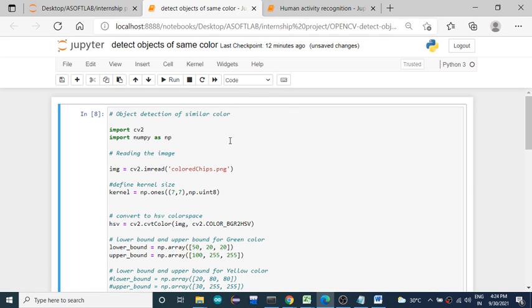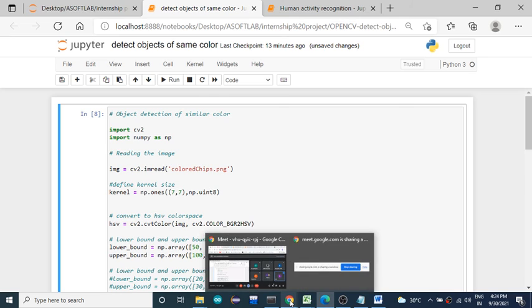Whatever noise is present in the image will be removed and then it will be contoured, the contours will be drawn, and finally it will be returned as output. Okay, fine. So that's how we can detect the objects of the same color using OpenCV methods which are specified in the OpenCV.